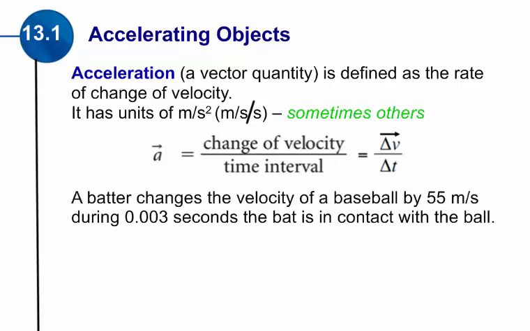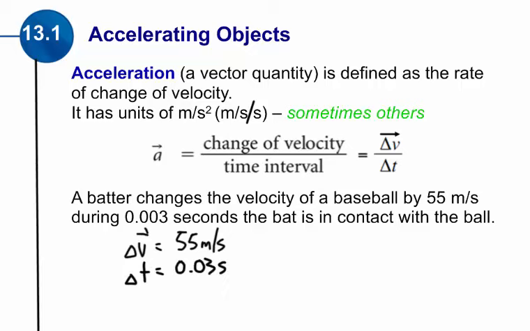So let's look at this situation. A batter changes the velocity of a baseball by 55 meters per second during 0.03 seconds. The bat is in contact with the ball. So our change in velocity is 55 meters per second, and our change in time is